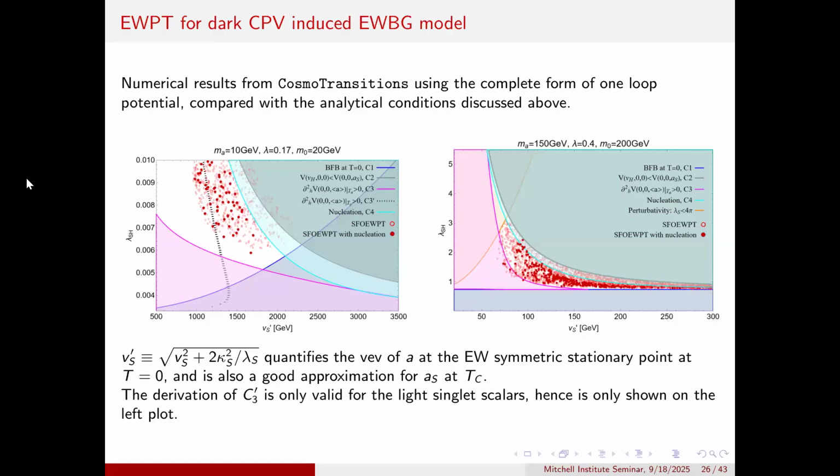So we can find that all the red points are approximately consistent with this white area, which is not excluded by our analytic study. So as we can see from this plot, although the numerical study, which we did with the full one loop potential, is a very expensive numerical calculation, it could be very well constrained by the analytic study with just leading order terms in the potential.